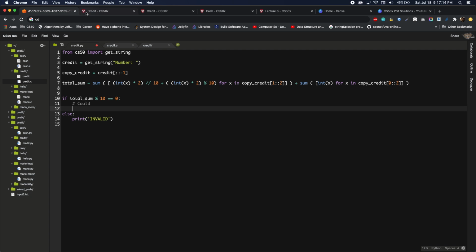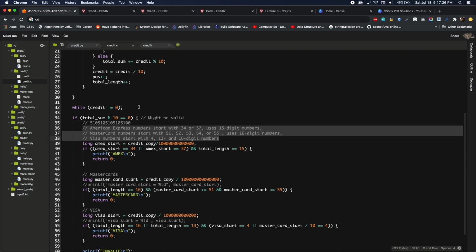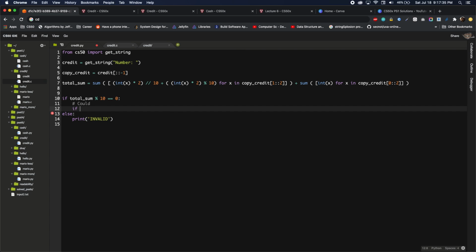Now I have to validate the length and the initial starting digits and so on. Let me consult my previous C program for that. American Express starts with these, and the total length should be 15. So if the length of credit is equal to 15, and